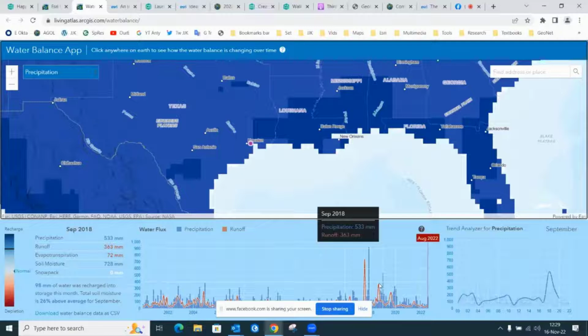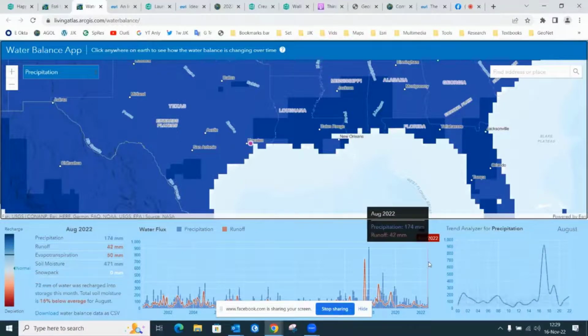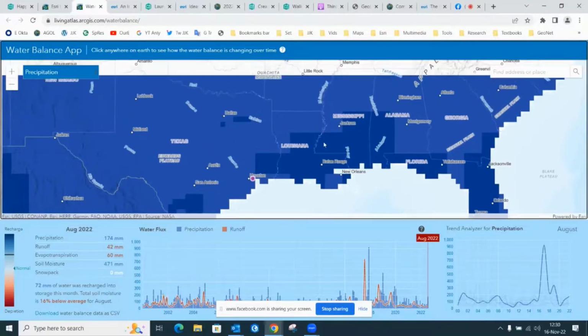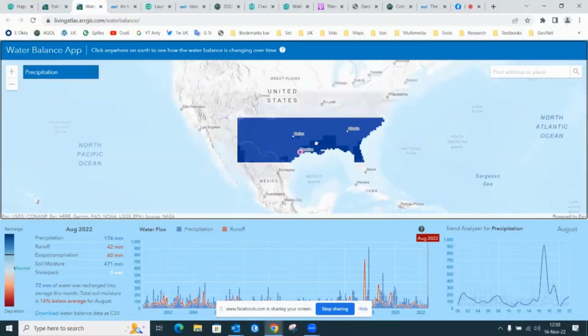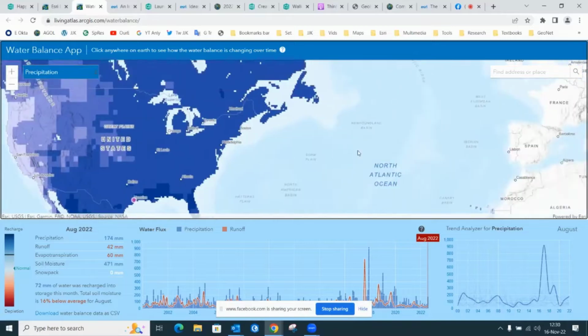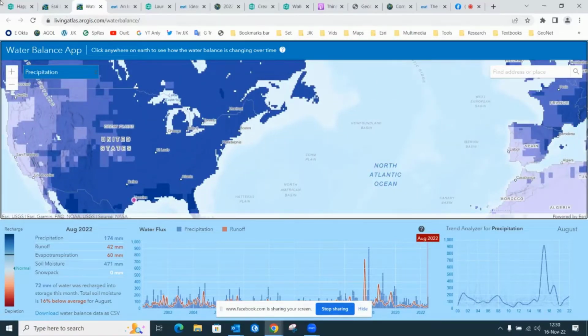And in this case, it's actually had some pretty big rainy seasons, not just hurricanes, but tropical storms of various kinds. This is not real-time data. It's actually about 3 months old. As you can see here, the latest is from August. But if I come back in December, it's going to have the September. So it's about 3-month lag time, but a very powerful tool to teach about water and water balance around the world. So that's another one of my favorite